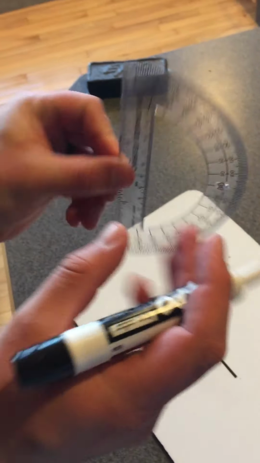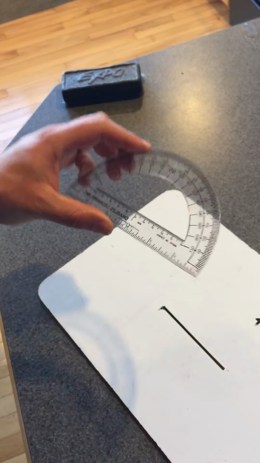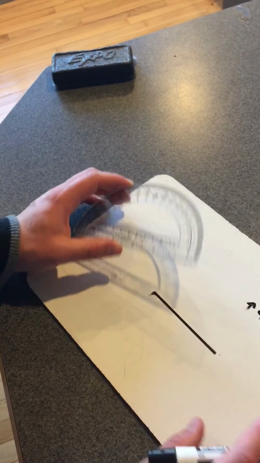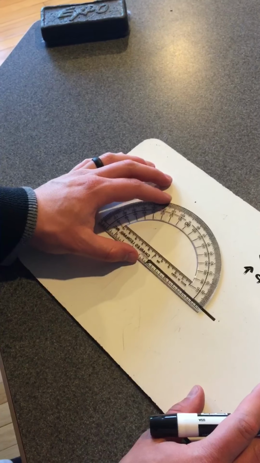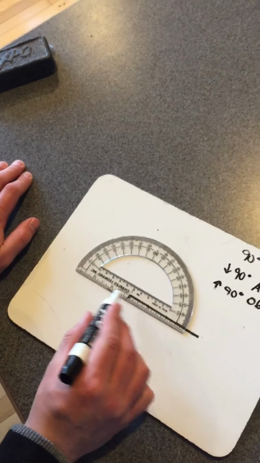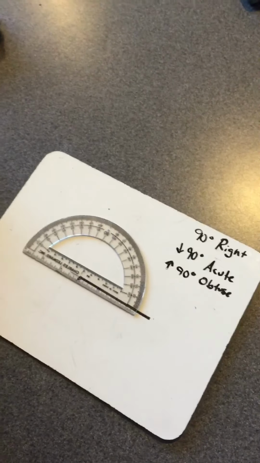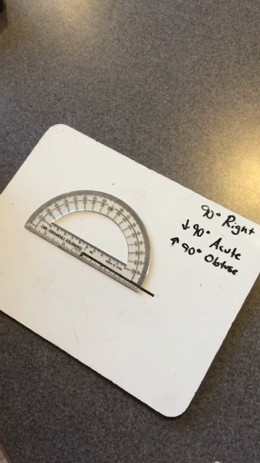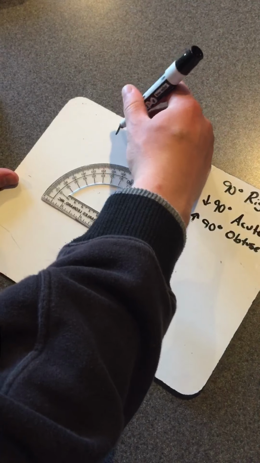Again, I'm going to place this little dot right at my vertex. I'm going to choose this point to be my vertex. I'm going to try and keep my line on there as flat as I can. There's also a little line that goes sideways horizontally, and we want to make sure that line matches up with the bottom line of our angle as well. Now, if I'm making a 125 degree angle,